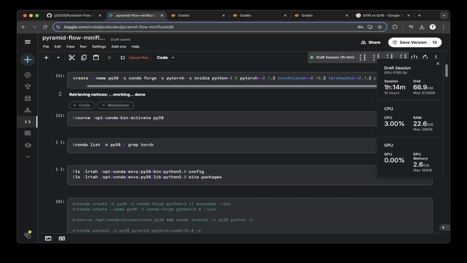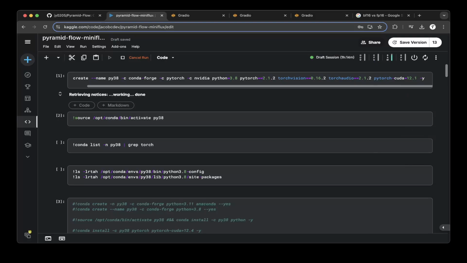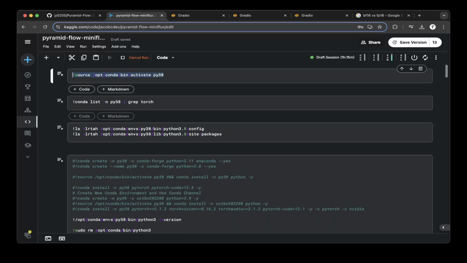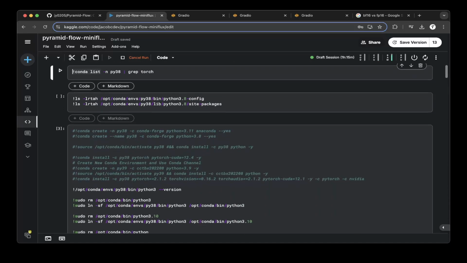So from the conda-forge, PyTorch, and NVIDIA channels in conda, you have to install Python 3.8, PyTorch 2.1.2, torchvision 0.16.2, and torchaudio is also 2.1.2. PyTorch CUDA is 12.1. So this is basically the conda dependencies, and also you have to activate the virtual environment. After that, just do a